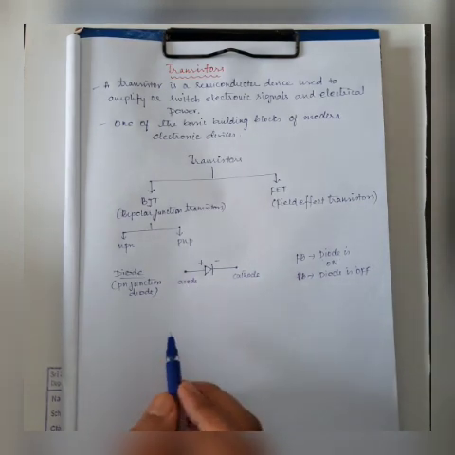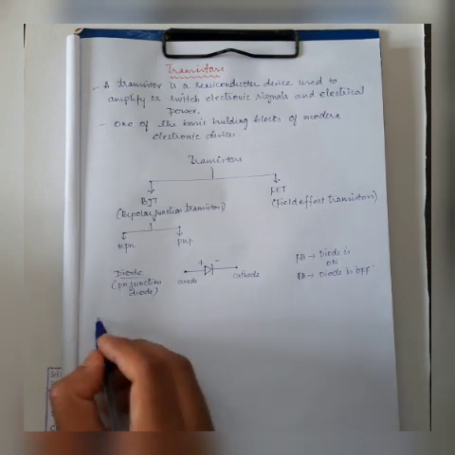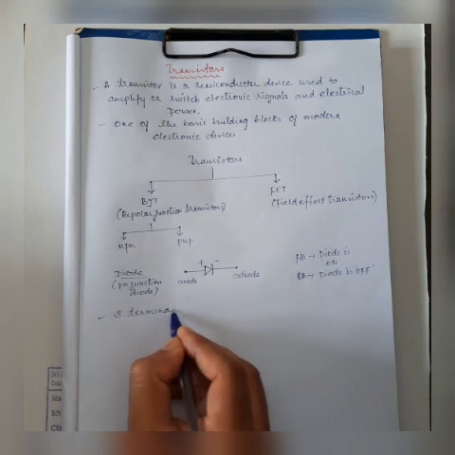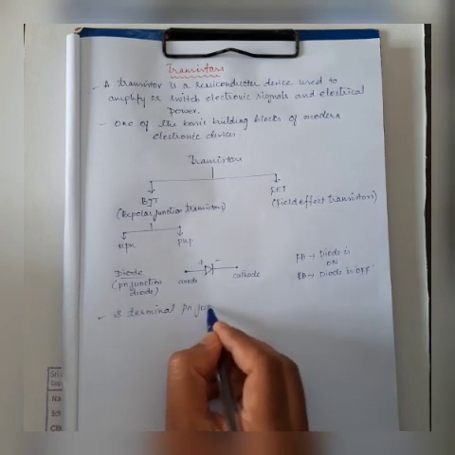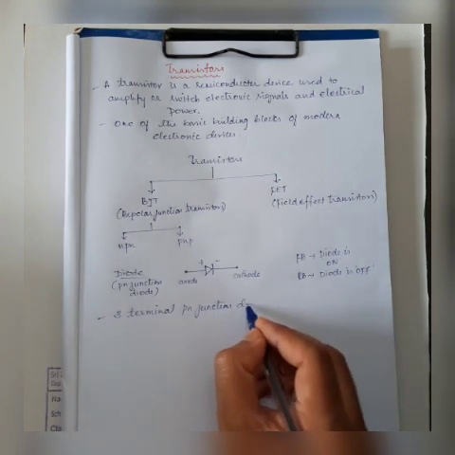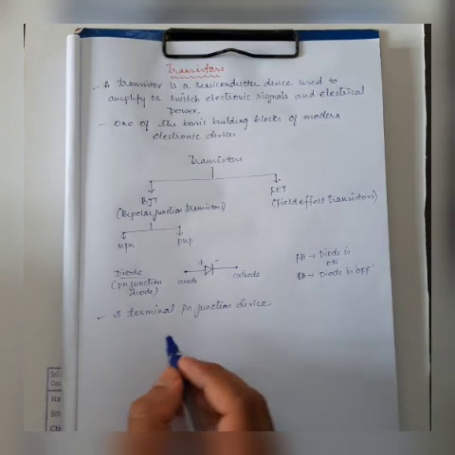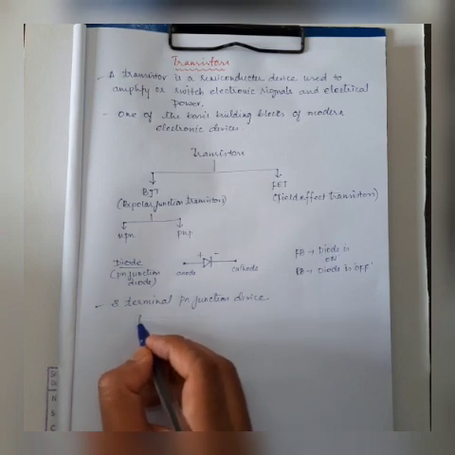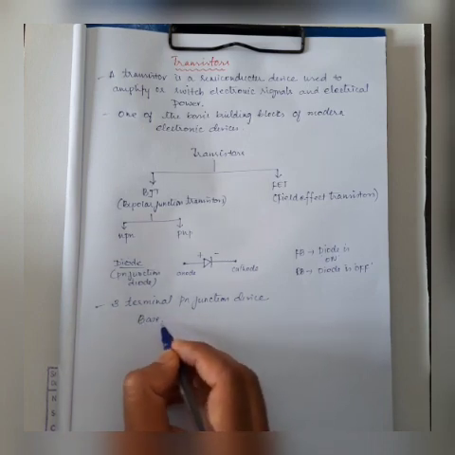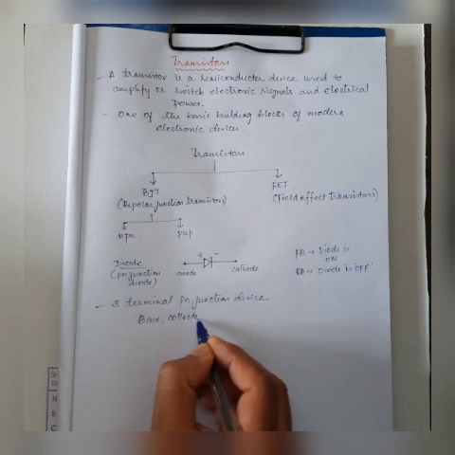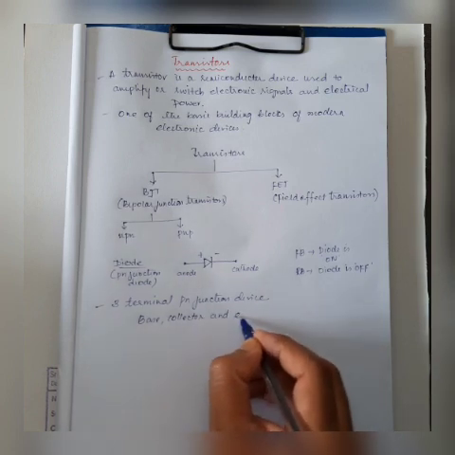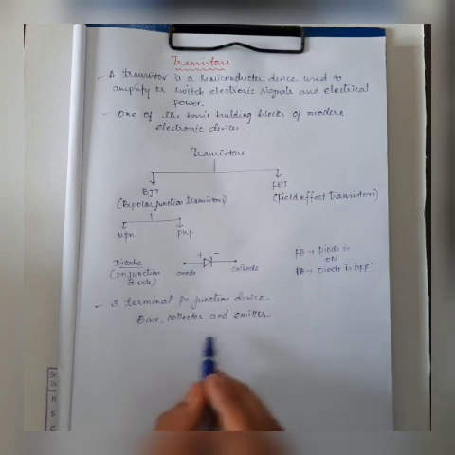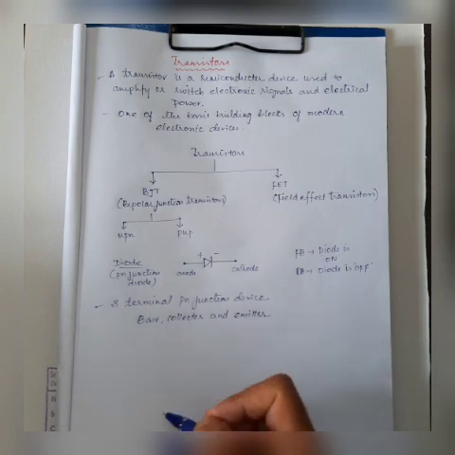So basically this diode is a PN junction diode, where one PN junction and two terminals will be there. Here, transistors are also known as three terminal PN junction devices, because the transistors or BJTs consist of three terminals by name: base, collector and emitter. So what these pins are and how exactly it is, we will see now.